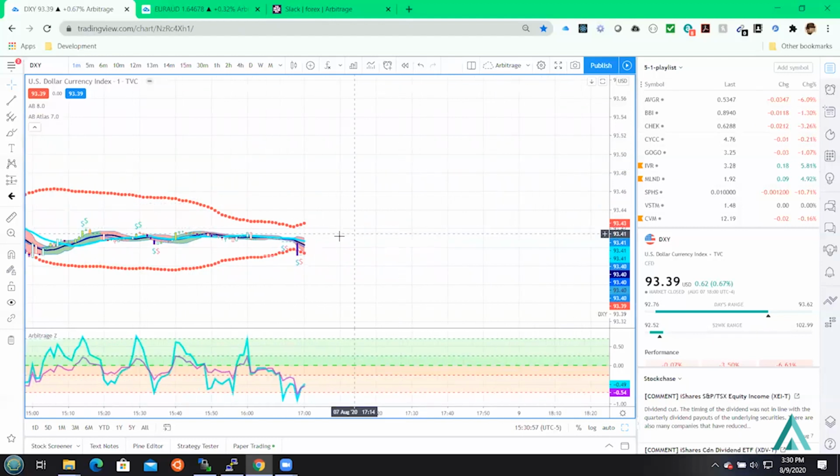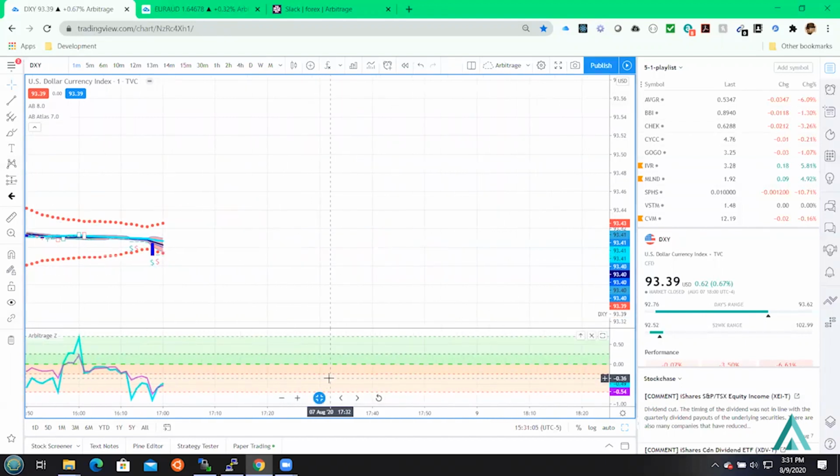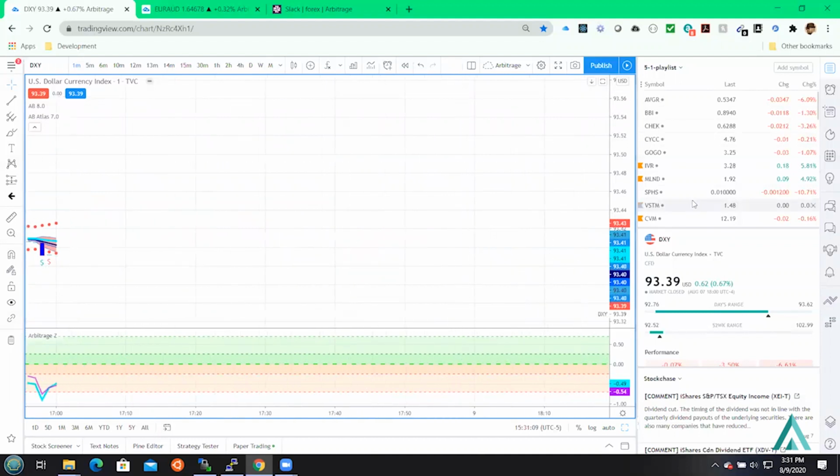And it looks like we are. We're sitting outside, so we're expecting DXY to actually bounce at open, at least for the first hour of the market being open. All right. Let's look at